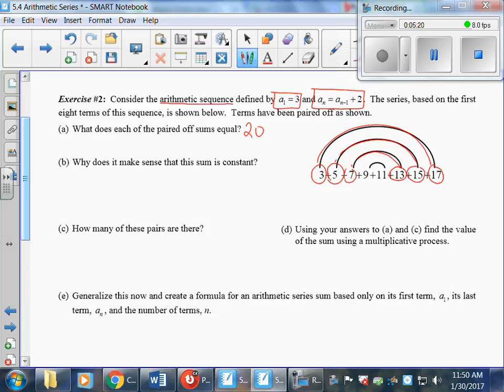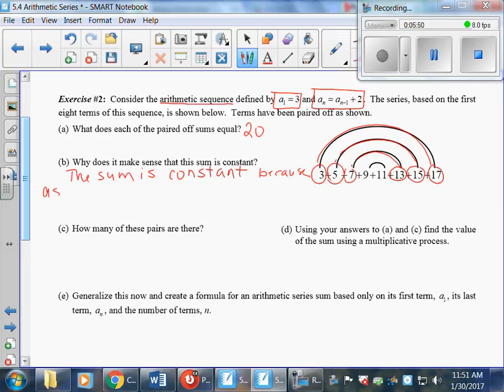So the sum is constant because as you move to the right, you add 2. And as you move to the left from 17, you subtract 2. So that's basically what you're talking about, okay? So if you want to write here now, you can say the sum is constant because, notice how I'm using a complete sentence. It is constant because